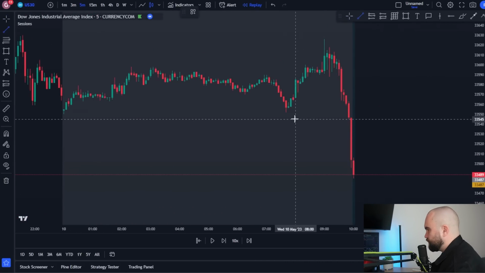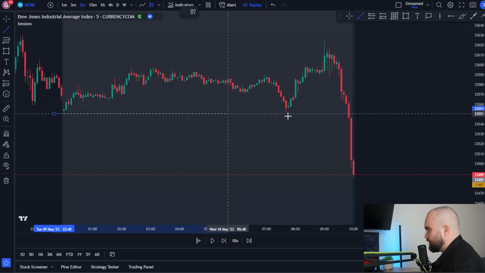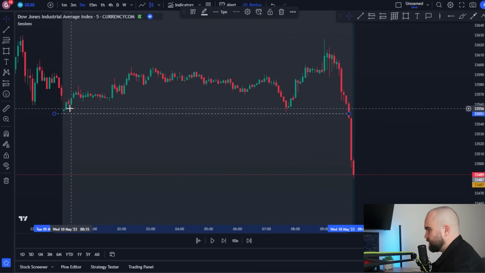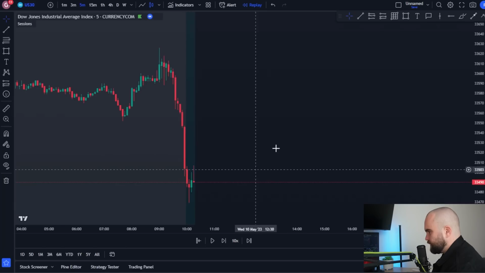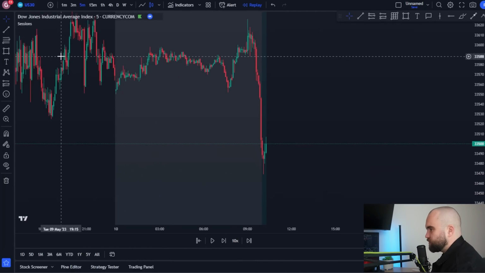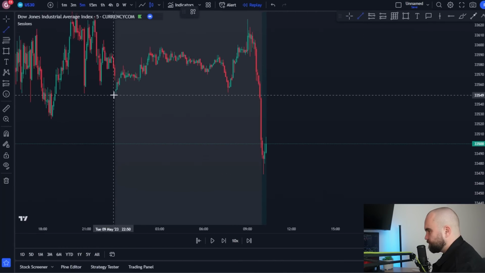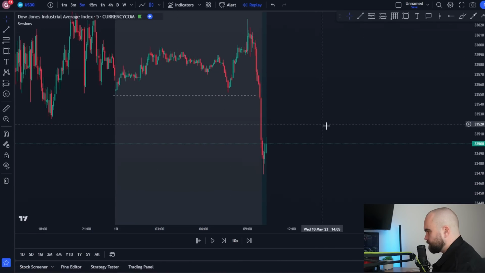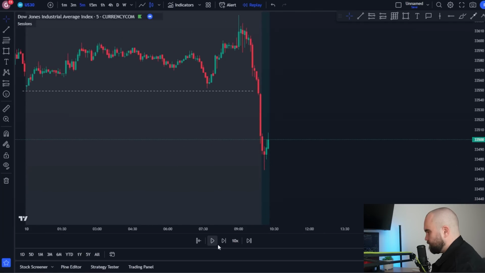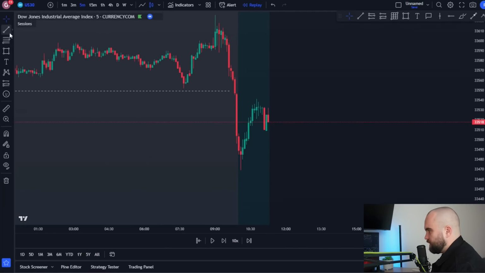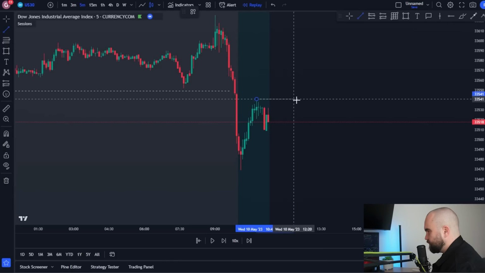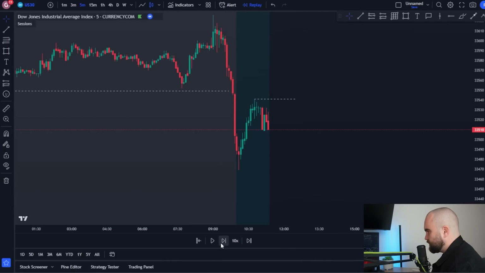So here we've got our sweep. It's quite nice because there's actually equal lows here. Here's a low, here's a low. Let's see if we get our change. We're going to have the sweep right here. Okay, and now we're looking for a change of character. Now if price breaks this level here, that would be our change of character,